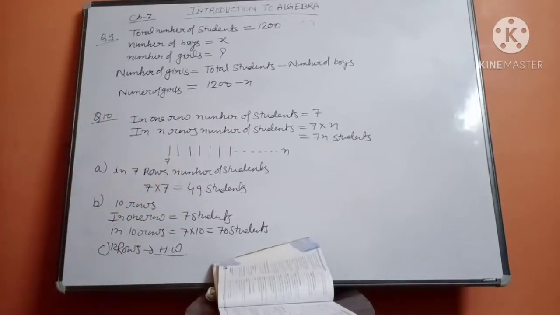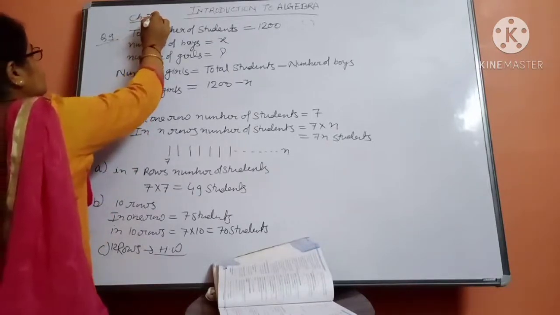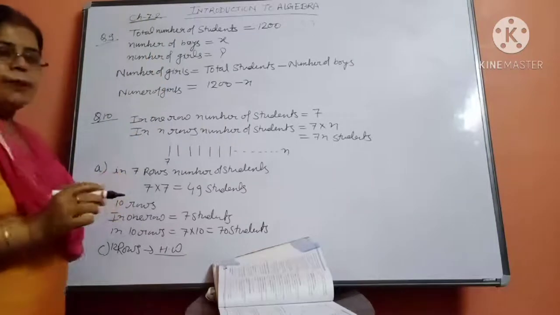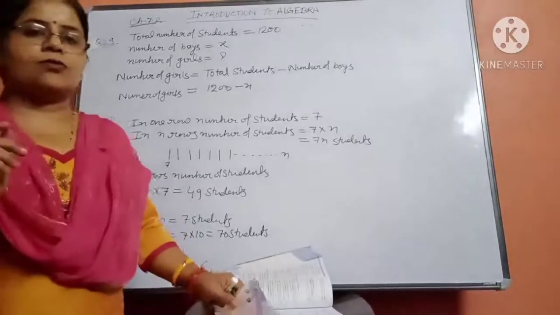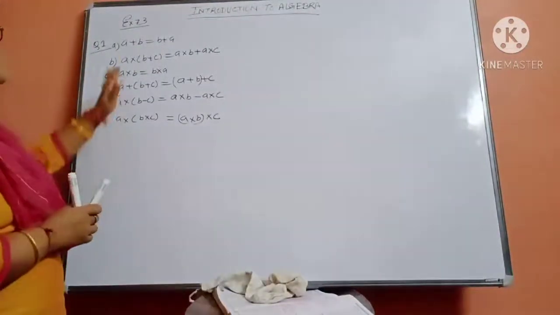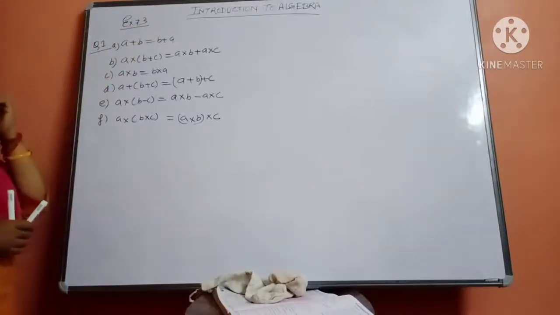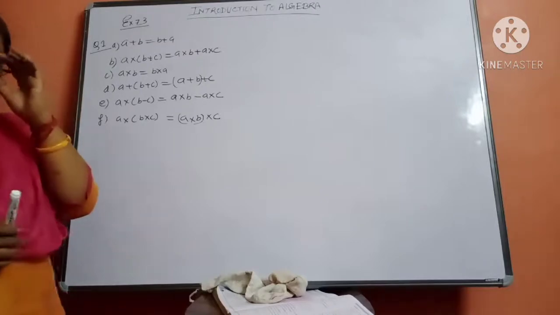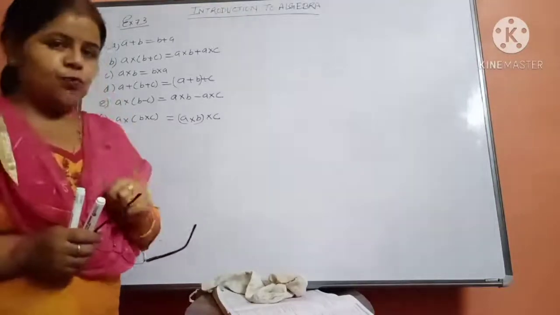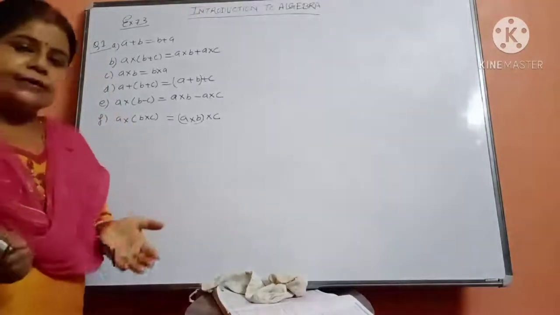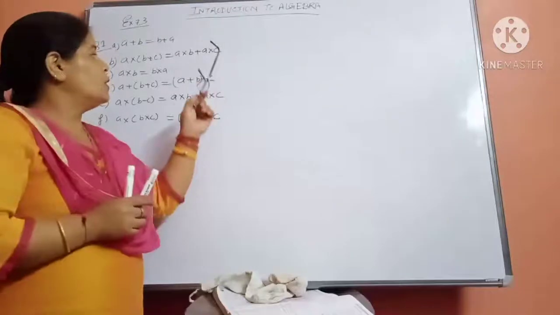Okay. So in this way, beta, your exercise 7.2 has been completed. Now we are going to do a few questions from exercise 7.3 also. See that, beta. In exercise 7.3, some properties are given to you, and we have to identify which properties these are. You have learned these properties in your earlier chapters. I taught you all these properties in chapter number 2. You can open your copies in chapter number 2, and you will get all the properties there.